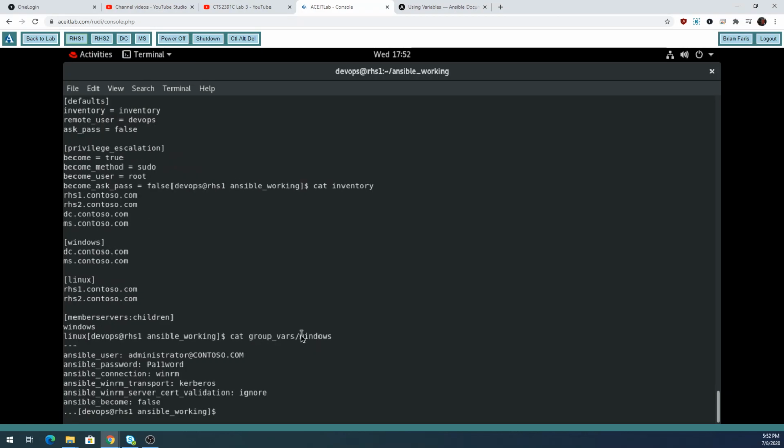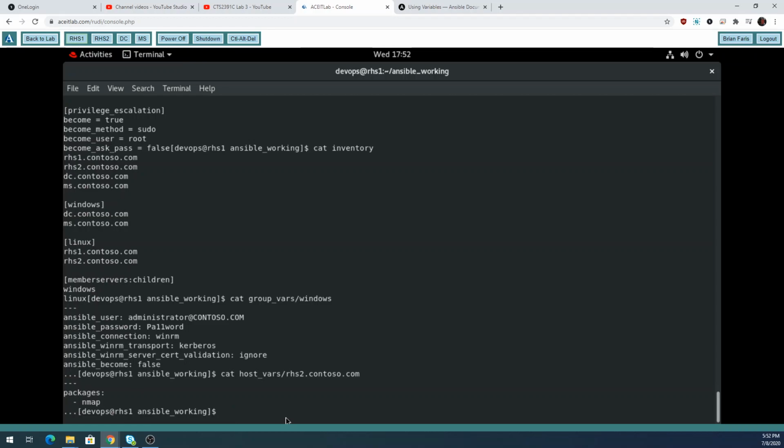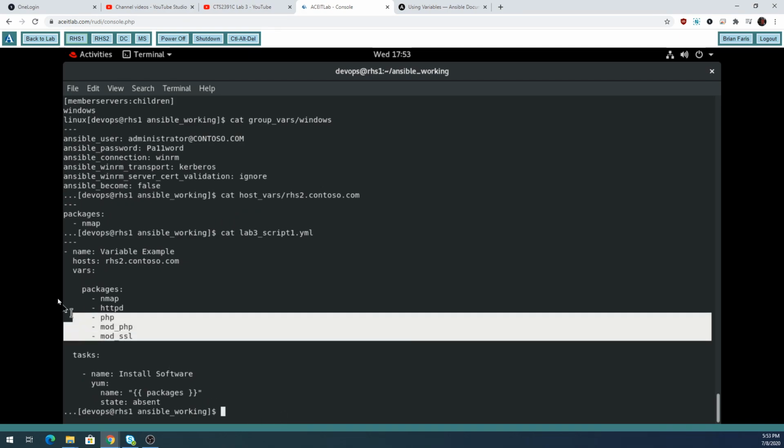It has to match the inventory group name, or I could put variables for individual hosts here, or I could put, like I did in lab 1,